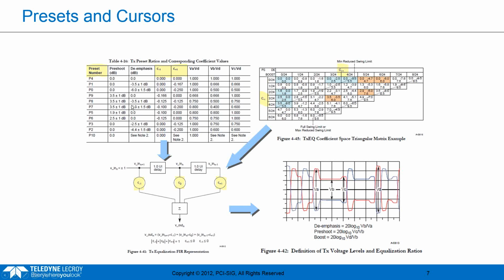So there's 3 different ways that you can talk about essentially the same thing. Whether it's presets, de-emphasis and pre-shoot, or cursors, it's all talking about the transmit equalization settings. So it can get a little confusing if you're new to this to hear all this different terminology. It's basically talking about the same thing. A PCI Express device can actually request presets or cursors, so it has the choice on whether it wants to use the presets or the cursors. Obviously the cursors give you a finer resolution. There's more options on settings to pick.